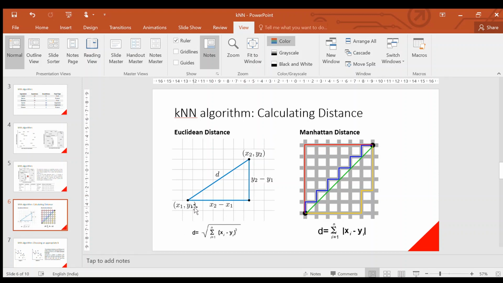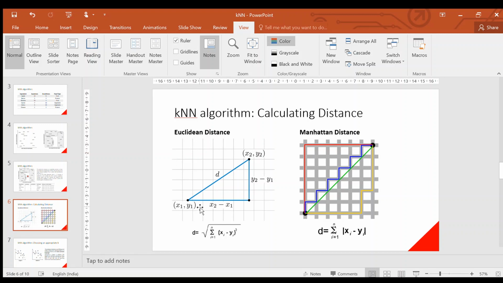This is one of the standard applications used in RStudio. But there is another method to find the distance, the Manhattan distance. First we will discuss how Euclidean distance works. This is a standard formula we learn in school for finding the distance between 2 points, and Euclidean distance works in that way only.